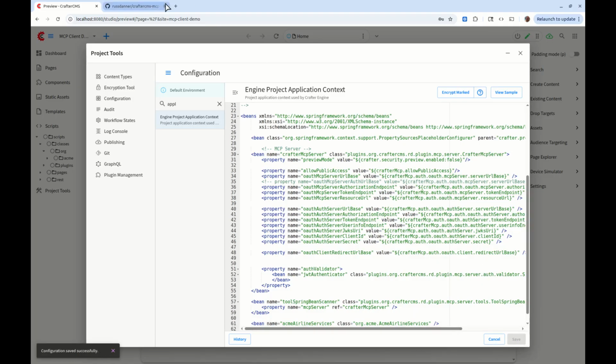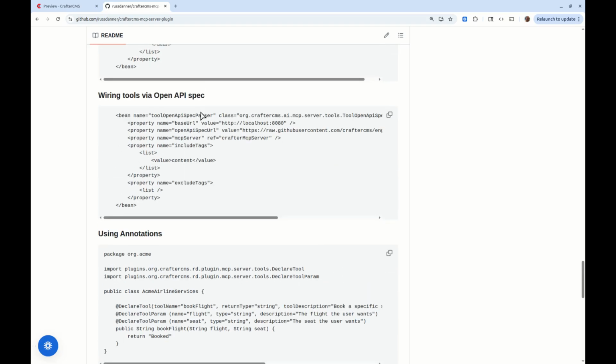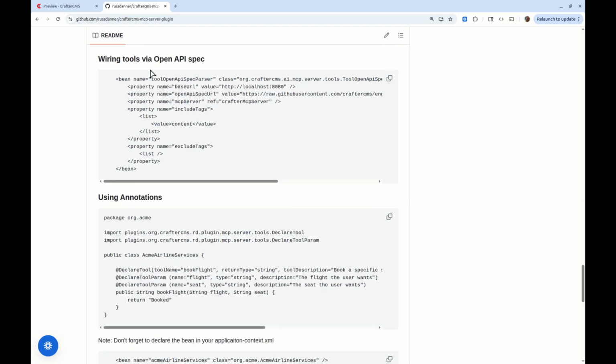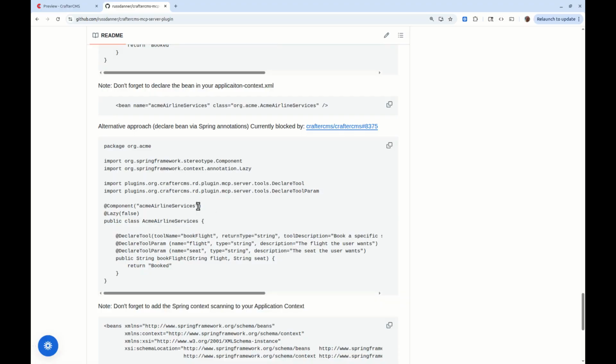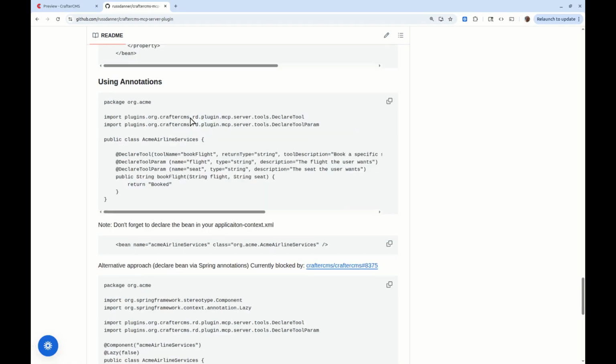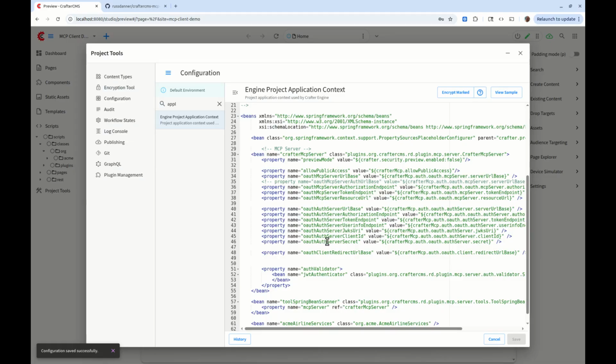Now, it's worth noting that there are other ways to declare tools. Okay, you can declare tools based on REST services. You can use a nice spec, and there's also a way to use additional annotations so that you don't even have to declare the beans. You sort of declare the beans in the Groovy code itself. Okay, so there are other mechanisms here. You can read about that in the instructions. Now, we've declared our bean, so our MCP server now should be able to see that tool. And what we need to do is